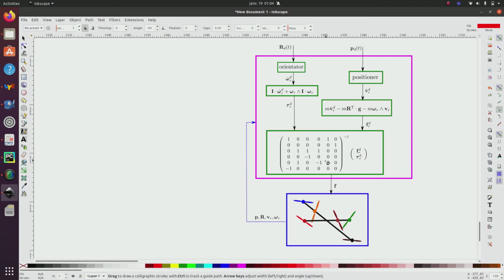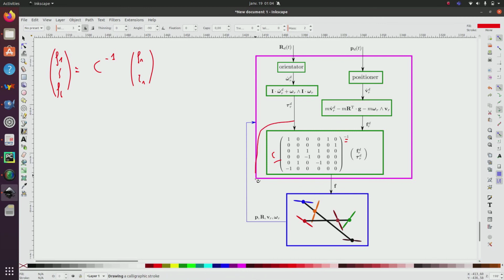It is the concentrator. So I recall that F1 to F6 is related to the resultant Fr and the torque tau R by the concentrator. So here it will be the inverse, C minus 1. This is why I have minus 1, and this matrix corresponds to the concentrator. If I do this, then I make appear here my quadrotor, which is now controlled with the torque and the resultant Fr, but in reality, the actual input is the force F.